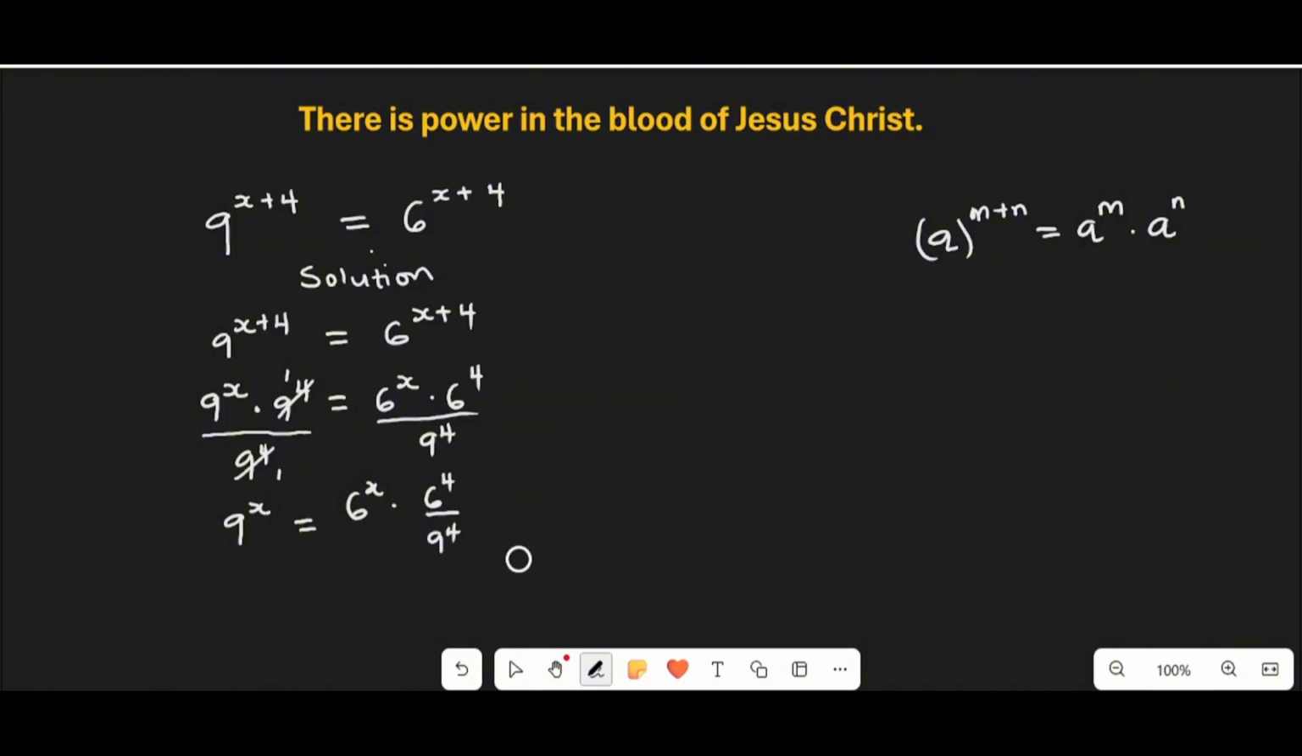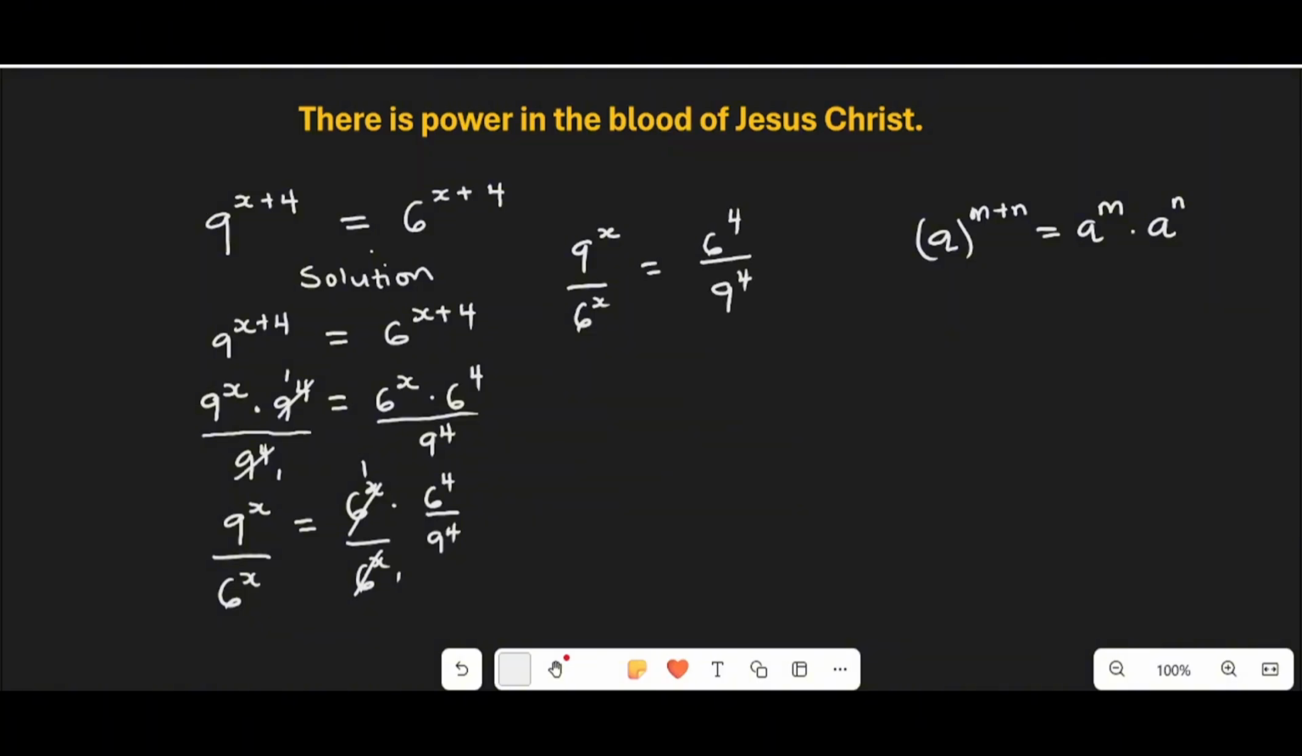Let us also divide both sides by 6 raised to power x. So here we have 6 raised to power x. Here too we have over 6 raised to power x. So here we have 1. Here we have 1. So our equation now becomes 9 raised to power x over 6 raised to power x equal to 6 raised to power 4 over 9